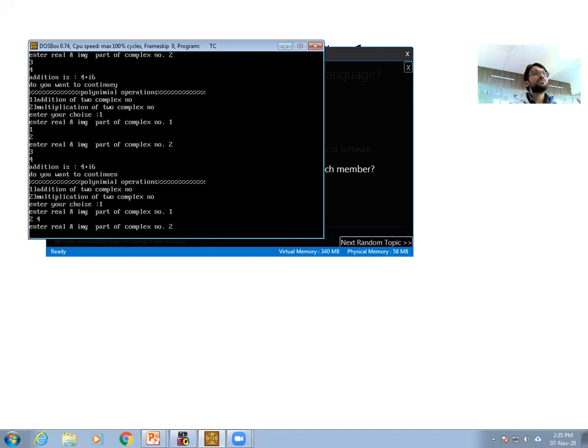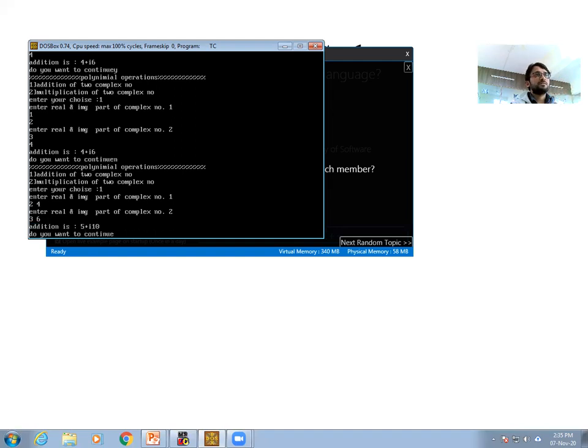After enter, it asks me for the second complex number, and I insert 3 space 6. You can also insert negative numbers, and the program will perform the operations and provide the addition and multiplication. After entering, I get the addition.